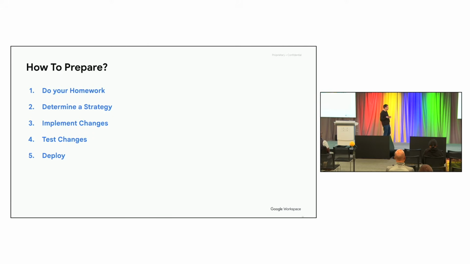Now, how do you prepare for this? What do you need to do? We're going to break this down. Do your homework. We'll talk about where you can find information about this. Determine a strategy, because there's a few ways you can decide to move forward. Implement those changes. We'll spend most of our time there today just talking about examples of how you'd implement this to show you how easy it is. Test those changes, of course, and then deploy. 4 and 5 are not something we're going to spend much time on,